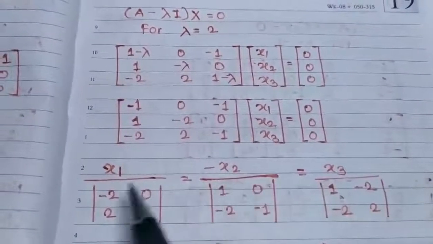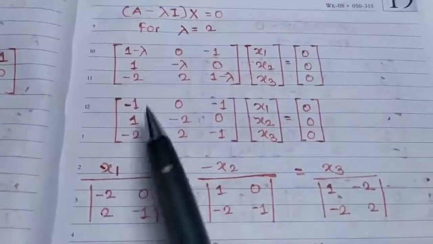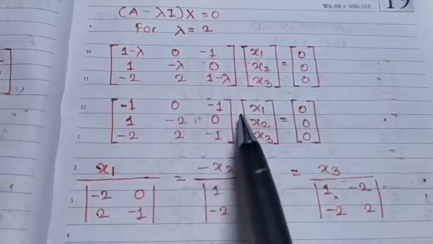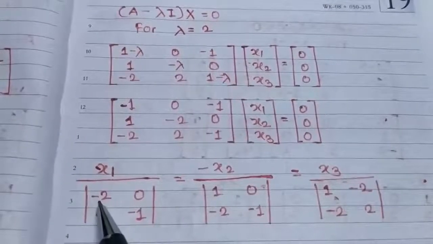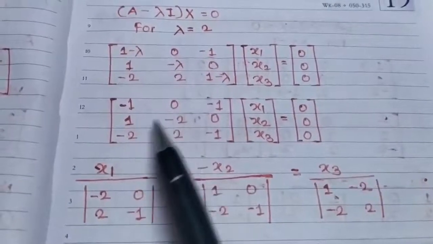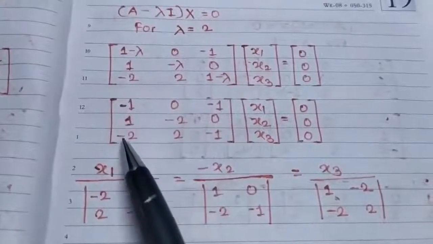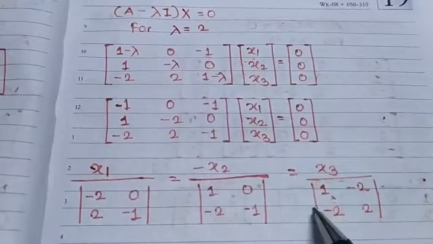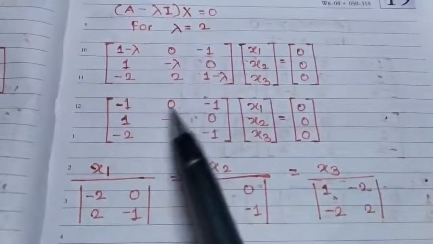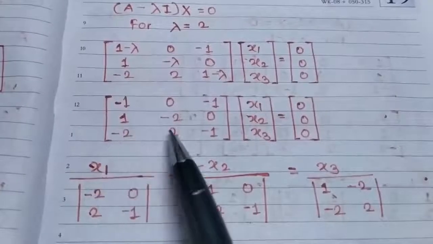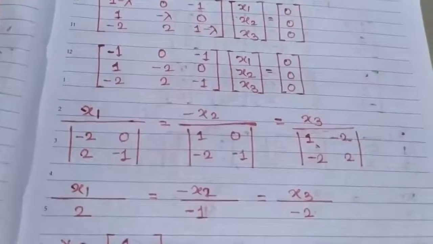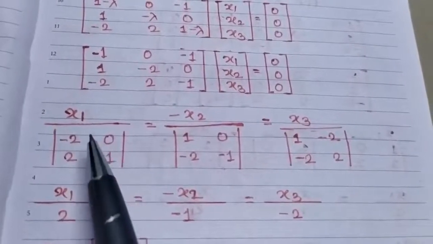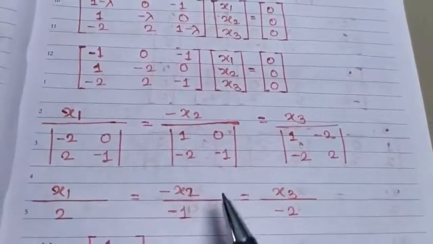See, x1 means this x1 and the minor of this, minus x2, then cancel this, 1 minus 2, 0 minus 1. Now again x3, 1 minus 2, 2. We get these values. Minus 2 into minus 1 is equal to 2 and minus 0. Same,